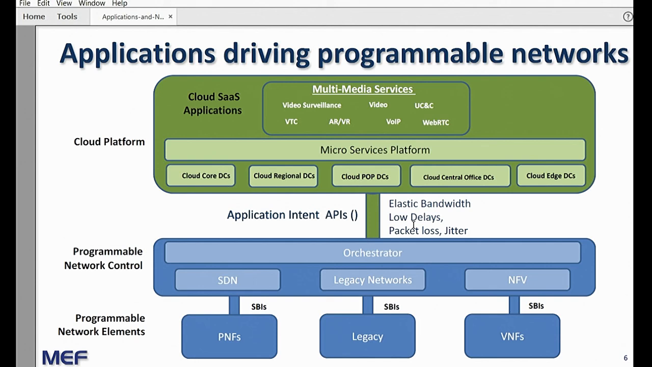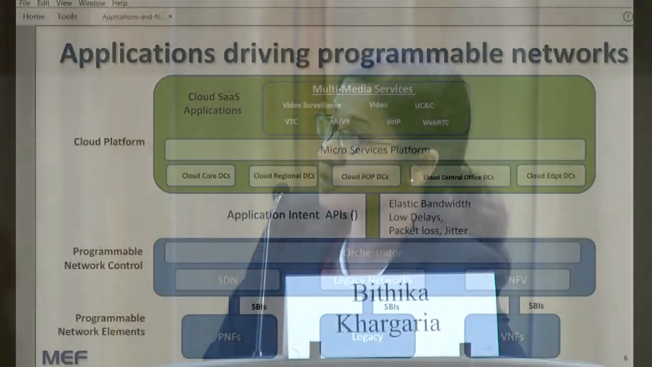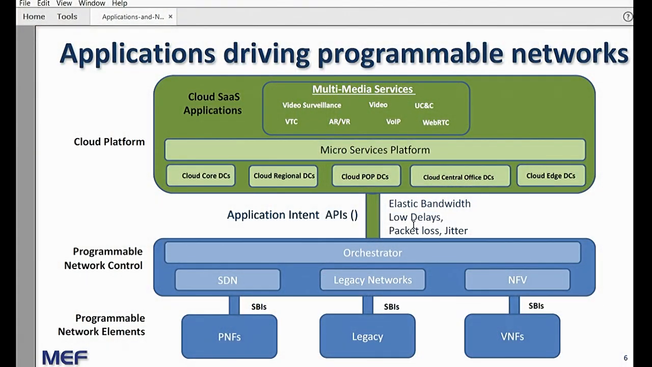But that's the application, which is now loosely coupled and possibly running in any of those regions and collaborating together to deliver the application services that it's designed to do. But requirements come from that application through intent APIs, through application APIs: things like elasticity, things like delays, being able to specify delays, packet jitter, and things like that, which then go into the programmable network piece, where